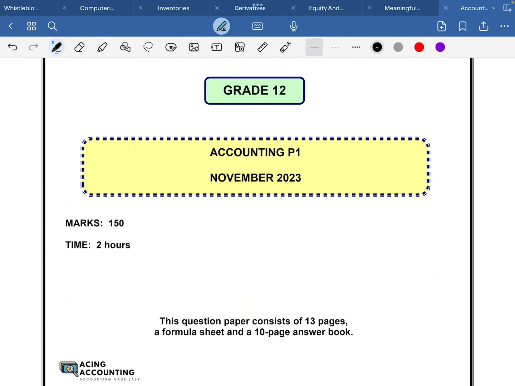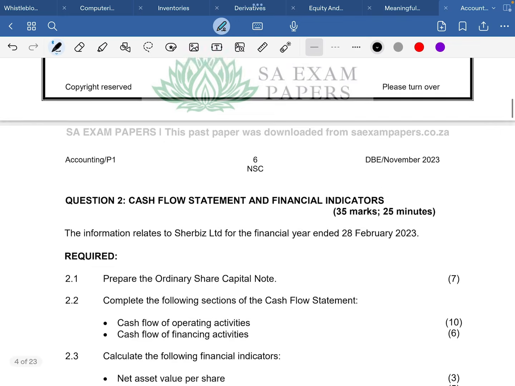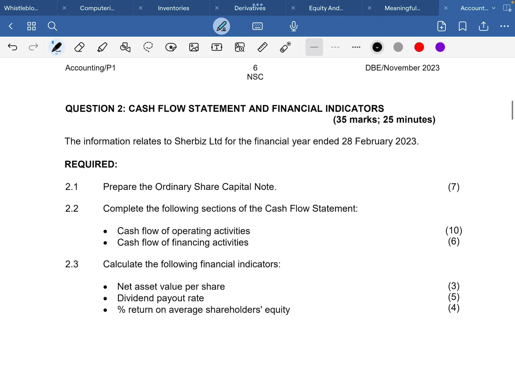Hi everyone. In today's video, we'll be looking at the Accounting November 2023 paper, specifically question 2, which deals with cash flow statement and financial indicators, which has been allocated 35 marks in 25 minutes. So getting straight into the question, it says the information relates to Showbiz Limited for the financial year ended 28